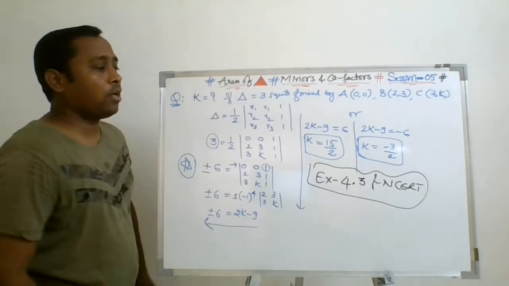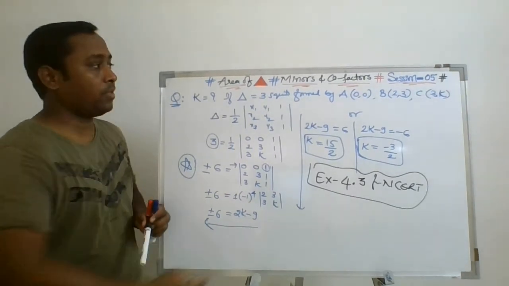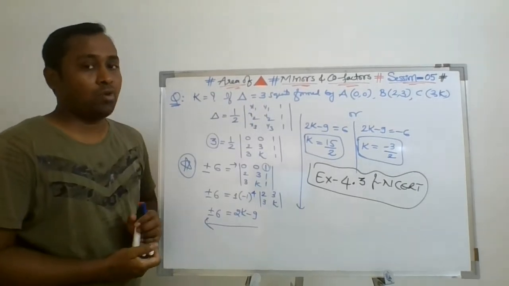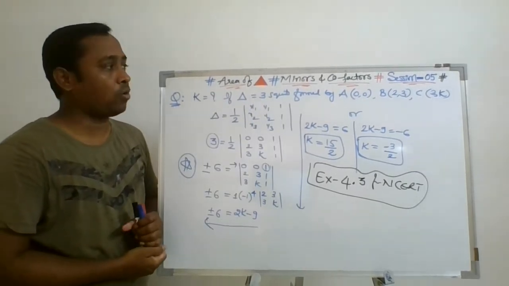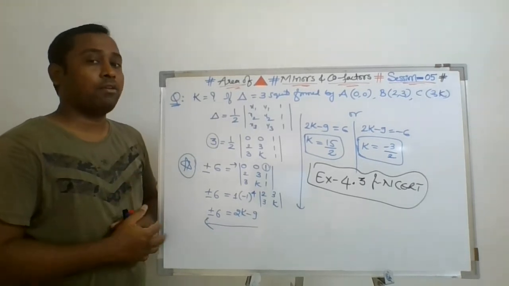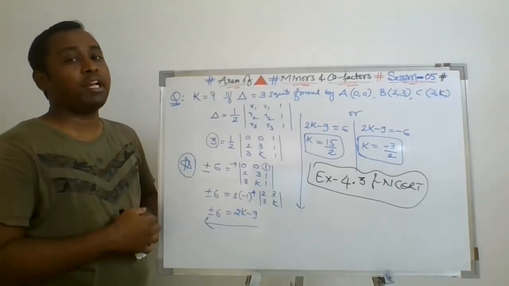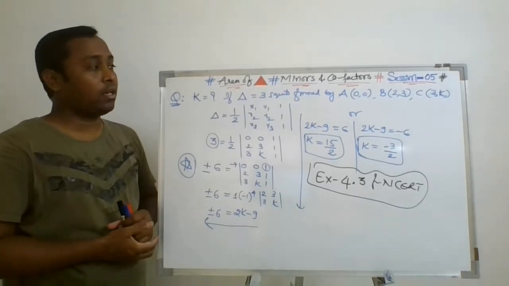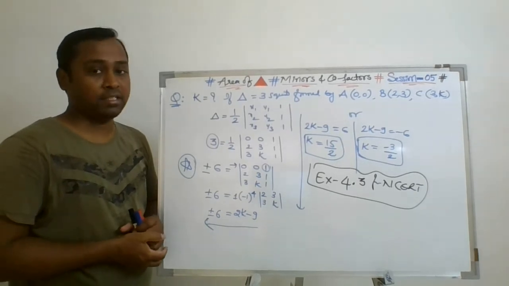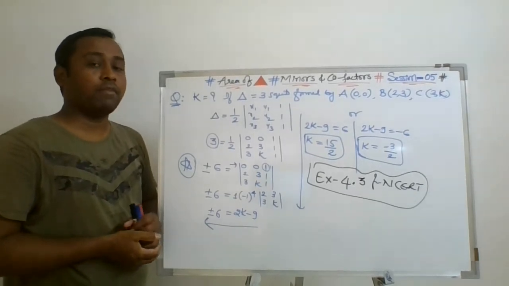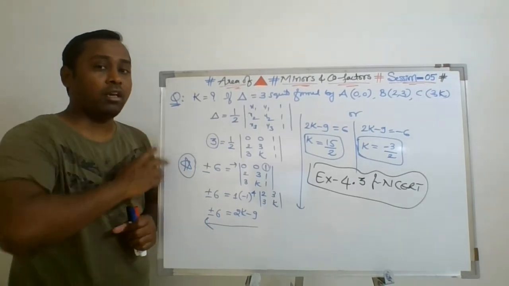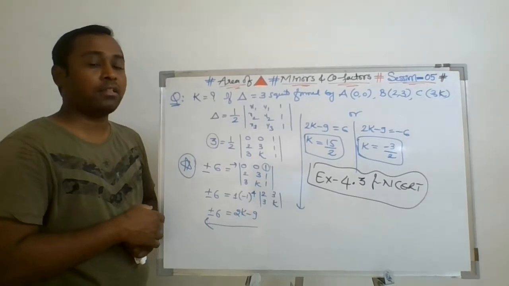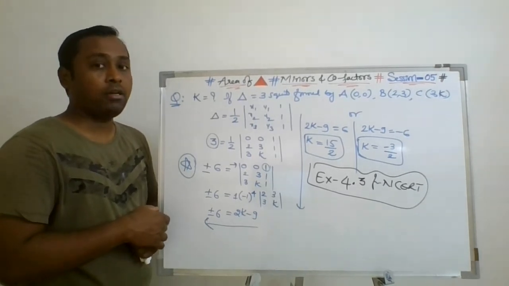So now we are moving to the next concept, that is a very small concept, minor and cofactor. What are minor, what are cofactor? It is very simple, and we are going to understand it. Based on that, we are also going to discuss the three remaining properties of determinant, which I told you in the beginning of the session. We have a total of 11 properties. Out of 11, we have discussed 8. Now the 3 remaining we will discuss in this session after understanding the definition of minor and cofactor.